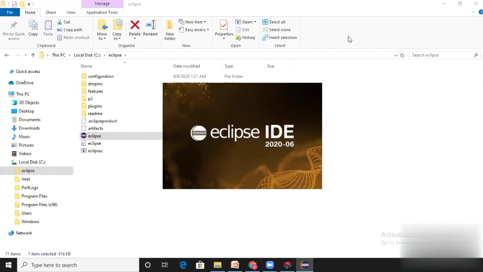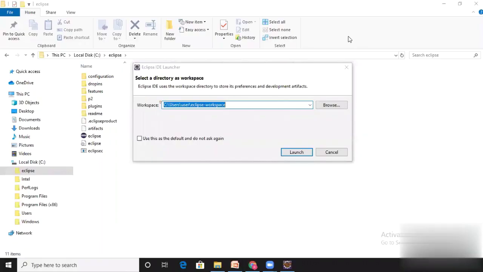The first time, the launch also takes some time. Have patience. After launch, it shows the Eclipse IDE launcher window: select a directory as workspace. Eclipse workspace means all our Java files and Java project related files and folders get stored in this workspace folder.